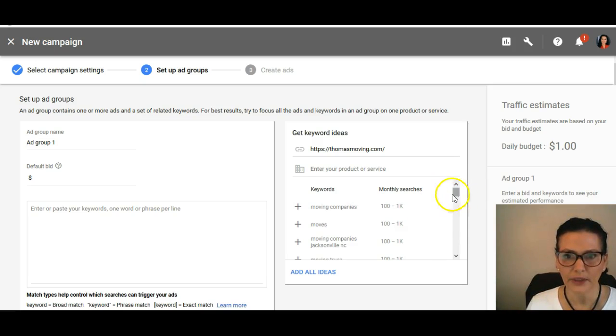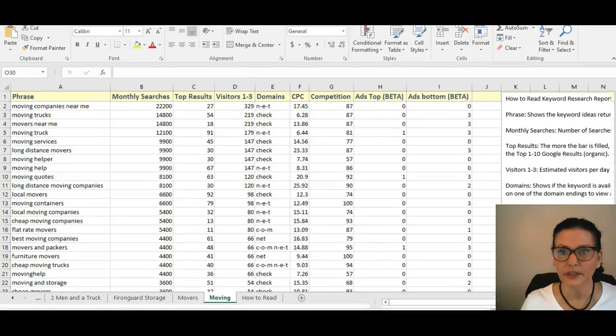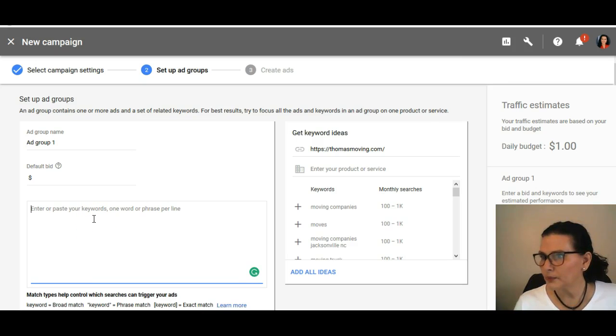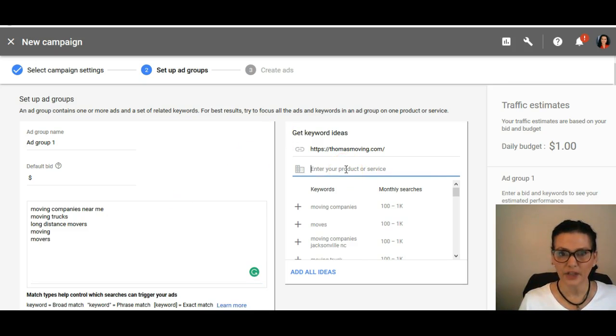Keywords, moving companies, looking at the SEO report. I'm moving it to my other screen so I can type and talk. And moving companies near me was the most searched. So we're putting that. We're putting moving trucks, long distance movers, moving movers. Over here, to generate some ideas to help, we could do,